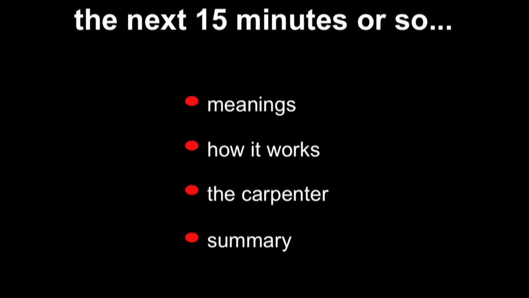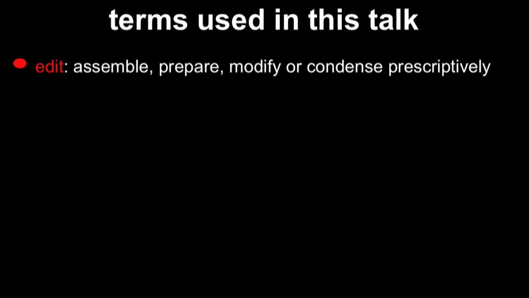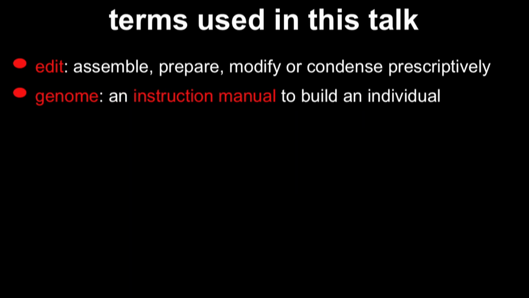So to begin with the first definition, because we're editing the genome, by edit we simply mean the standard dictionary definition of edit, which is to make a precise and controlled change. And that change can be a very large-scale change in genome terms or a very small change. But what it is that we're editing really is the genome, and the genome can be thought of as really like an instruction manual. And most of the trillions of cells in the bodies of each of us contain two instruction manuals, one that we've inherited from our mother and one that we've inherited from our father.